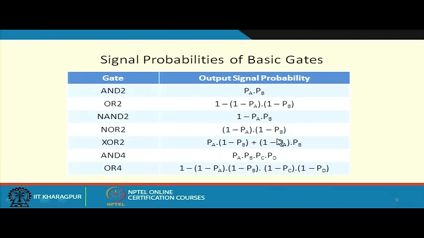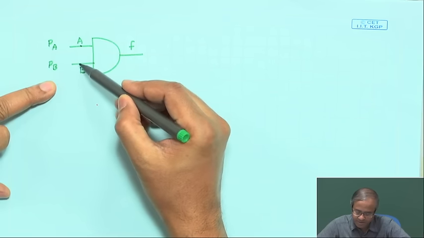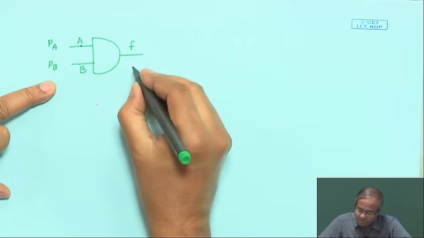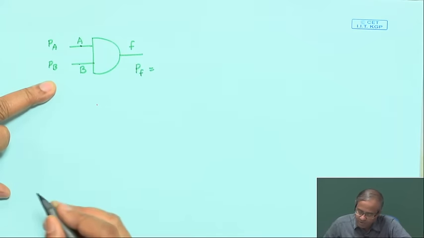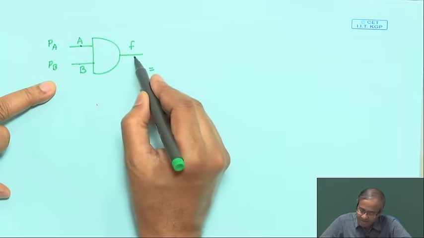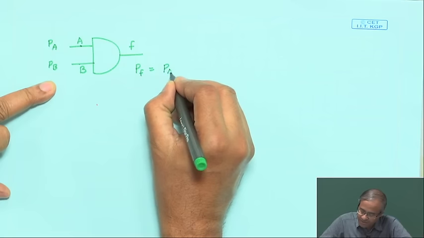but before working out the example, we look at how to compute the signal probability of the basic gates. See, this equation may look a little complex, but the way they have been obtained is pretty simple. Consider a 2 input AND gate. This is the probability that the input will be at 1. So, what will be the probability Pf, the probability the output will be at 1? For an AND gate, output will be 1 if both the inputs are 1. So, it will be the product of Pa and Pb,